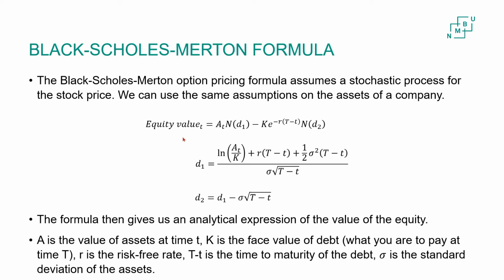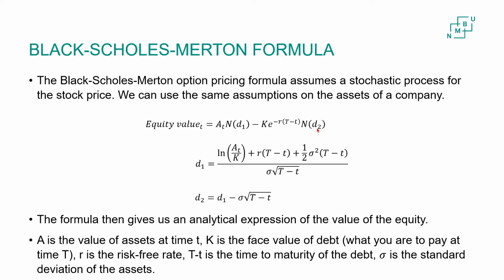What this formula says is that the equity value of a company can be calculated as the asset value at time t times the standard cumulative normal distribution function of a number d1, minus the face value of the debt discounted with the time to maturity and the risk-free rate, times the standard cumulative normal distribution